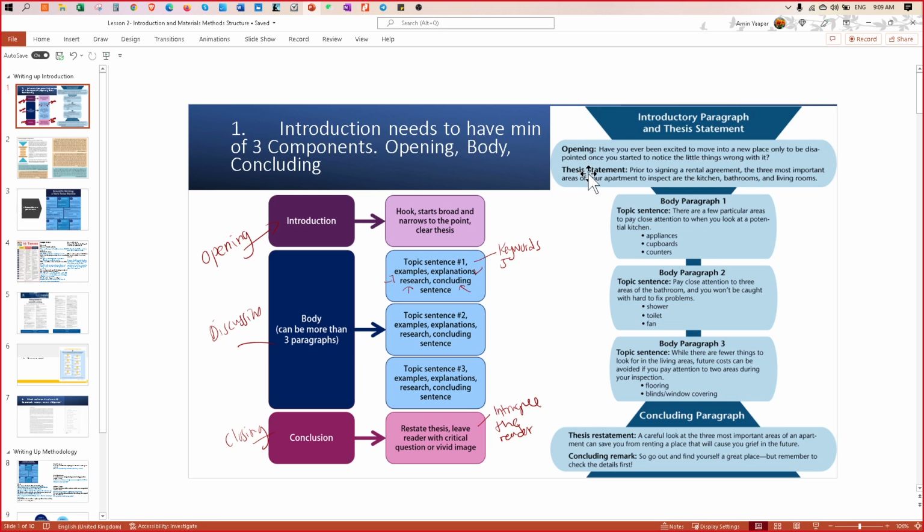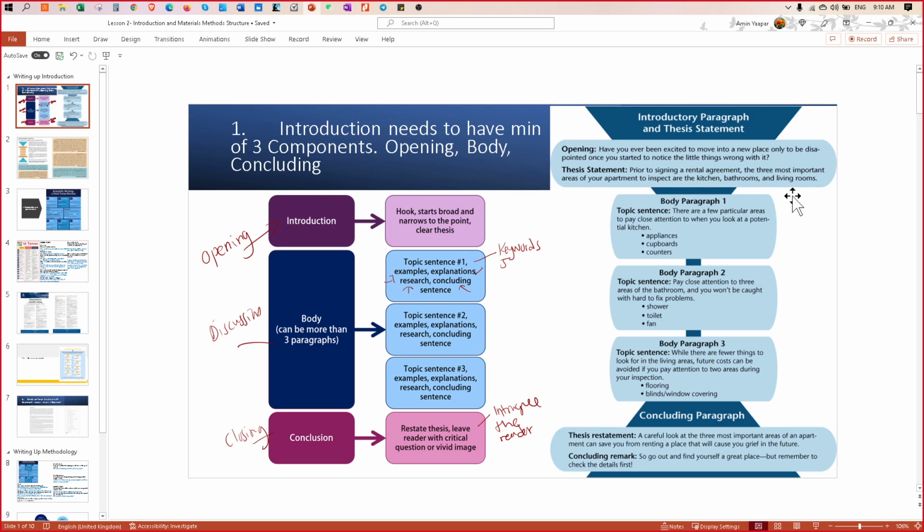Okay, so with the opening, you want to highlight: is your story worth talking about or otherwise? If it is, then you need to highlight it. And then you need to have your thesis statement. So you need to highlight what you want to talk about and how you are going to address it. Okay, and then you need to make the body of your paragraph, which is the topic sentence. Okay, this is one example. That's why they are using the kitchen, bathroom, and living rooms.